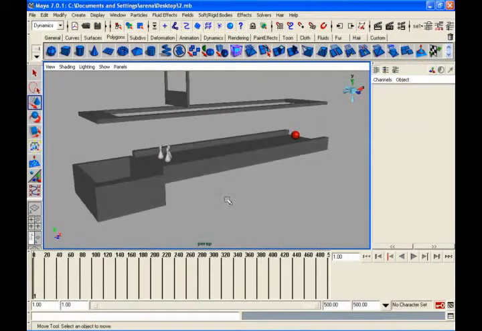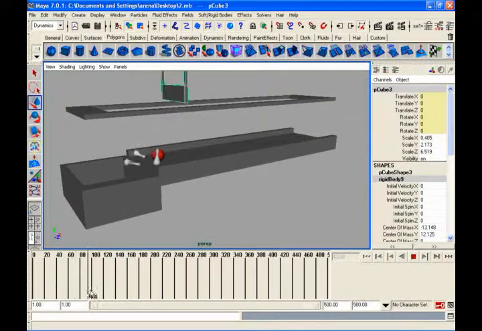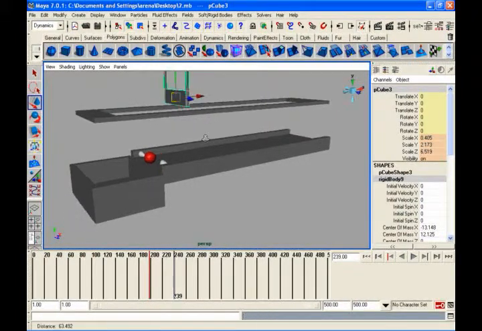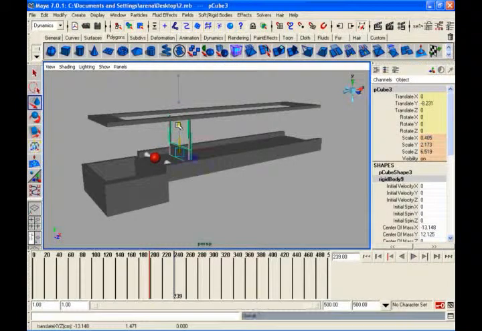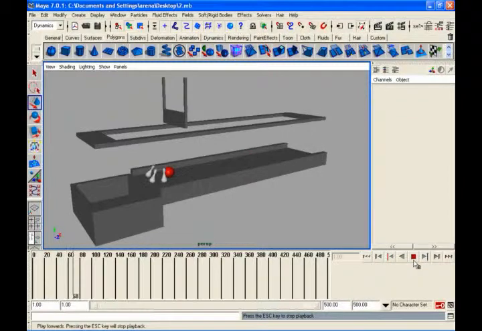So next thing is, after this dynamic simulation, I want this to come and drag them into this, so that is manual animation. At which frame? From frame 200 I can start, set a key, then move to frame 240, it will come down, set a key, then move 260, 300 frames forward, set a key, that's all. Then the hit, then my block will come and drag them in. So like that you can create situations.